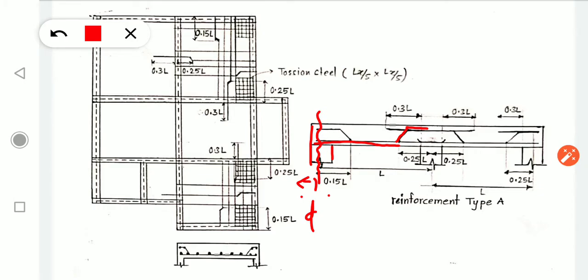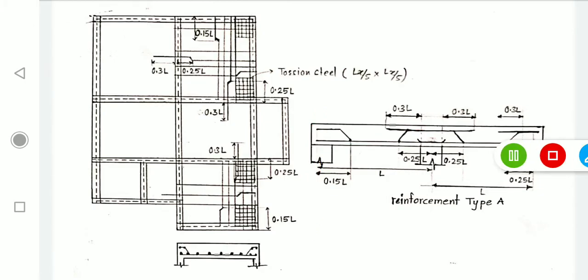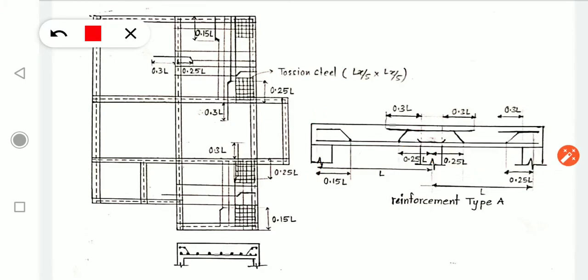Okay, now the next reinforcement will be these bent up bars only. Okay, this bent up bar is continued like this and it ends like this, maintaining proper cover D, right? But what is this part? This part is the extended part of a bent up bar. Why are we extending it? To maintain continuity and ductile behavior, right? And to make the connection firm. Otherwise, if you place a support with only filling of concrete, that support will be brittle. Okay.